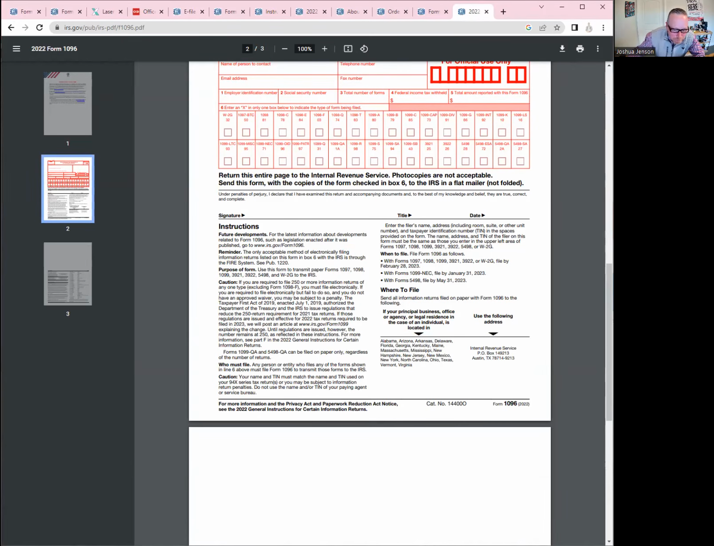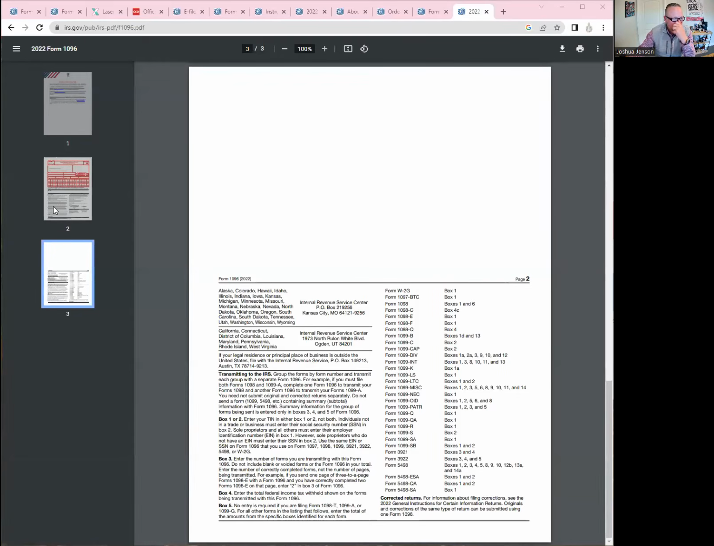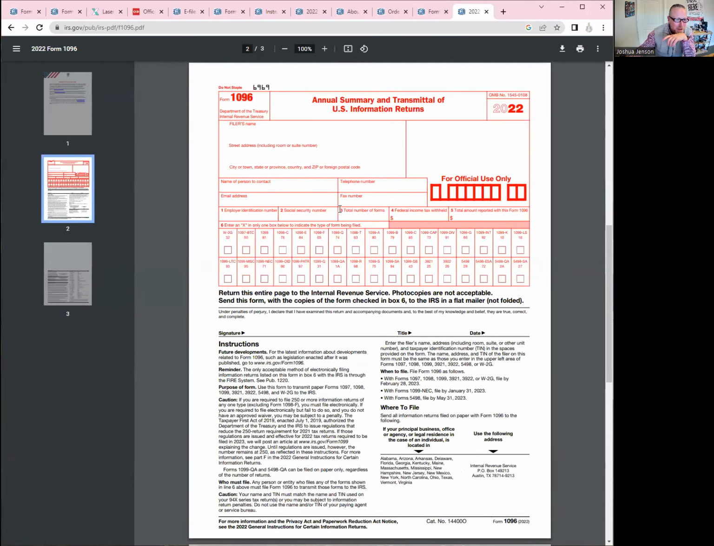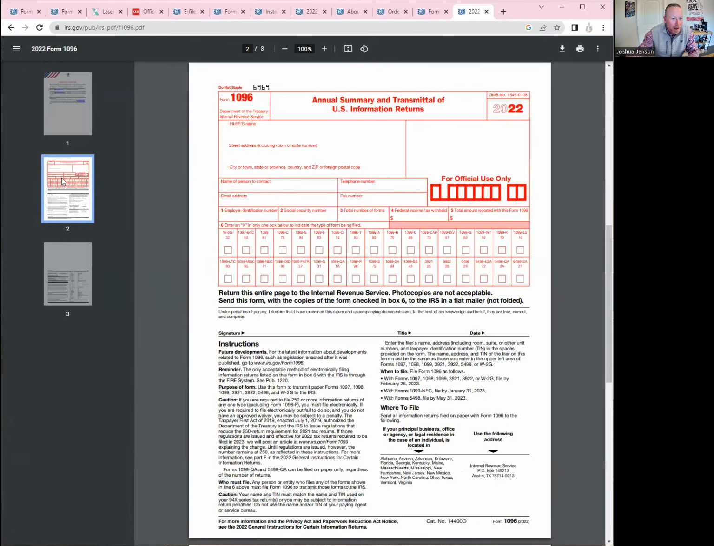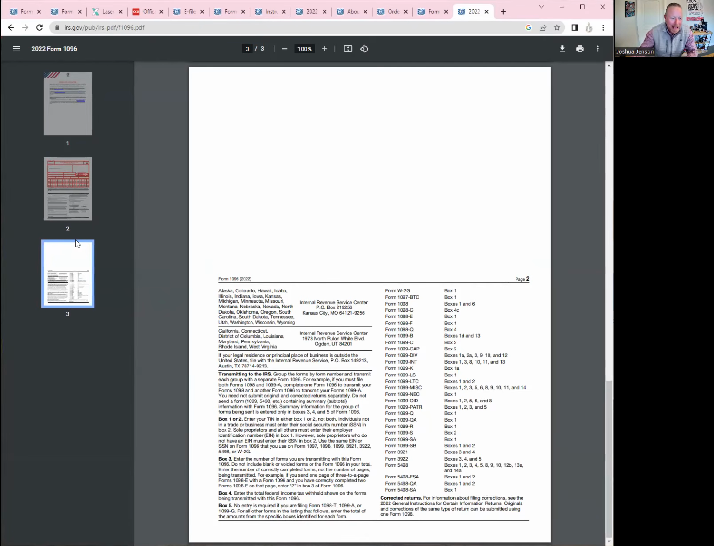I want to circle back to when it says total number of forms, that's box 3. If you look at the last page of Form 1096, it tells us about box 3. And basically what it's telling you is that when you say the number of forms, it's not the number of pages, as they tell you right here. What they want you to tell them is how many recipients are being